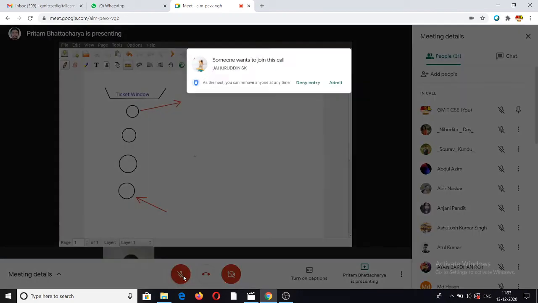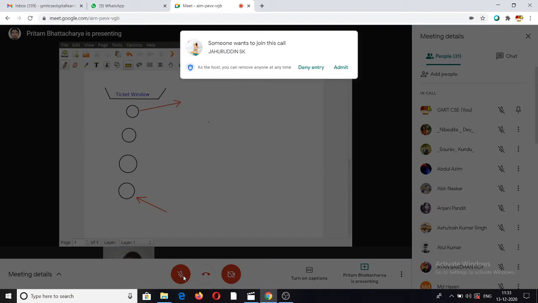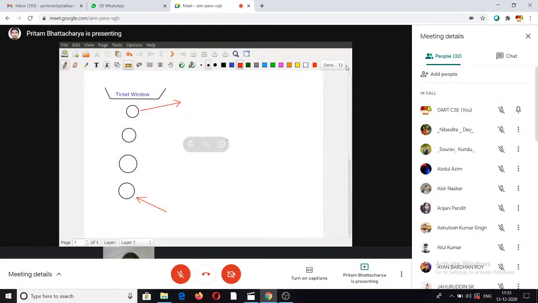So this idea of how queues work in any kind of service center, whether it's a ticketing counter or say buying tickets for the movie, whatever. Using this same idea, there is one data structure known as queue, which is basically just the same idea. So queue is basically known as a FIFO. What do I mean by FIFO? It means first in and first out. So that is what's happening, right?